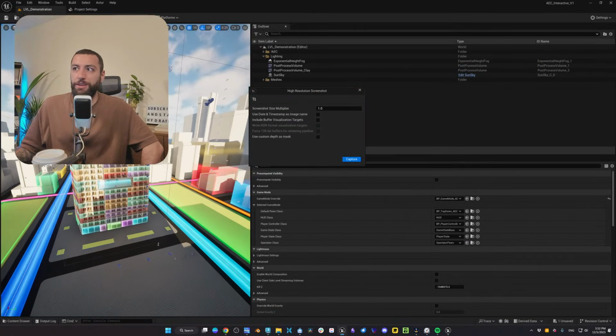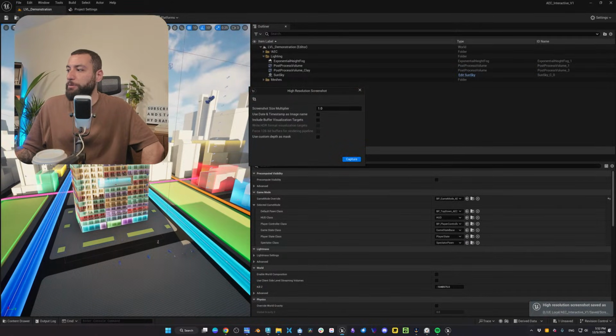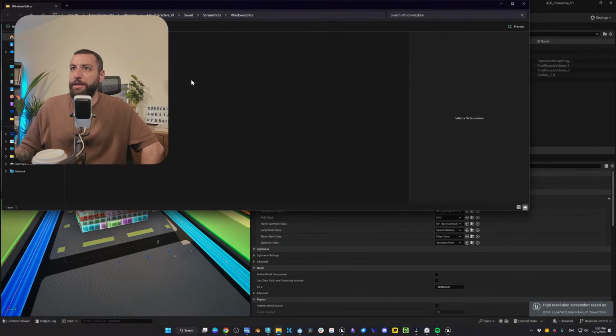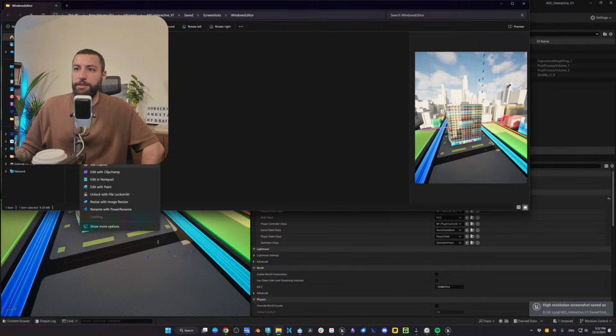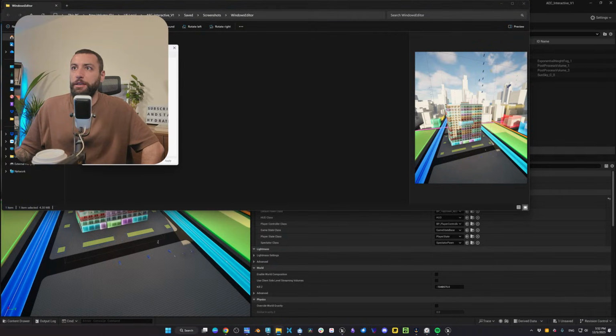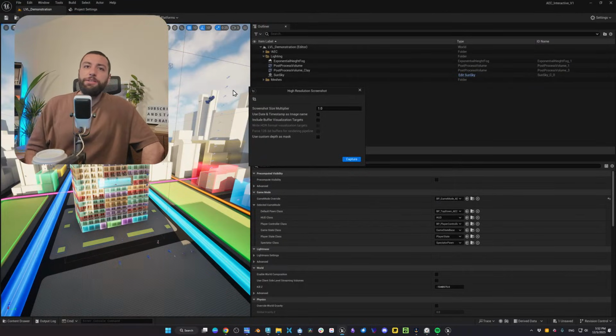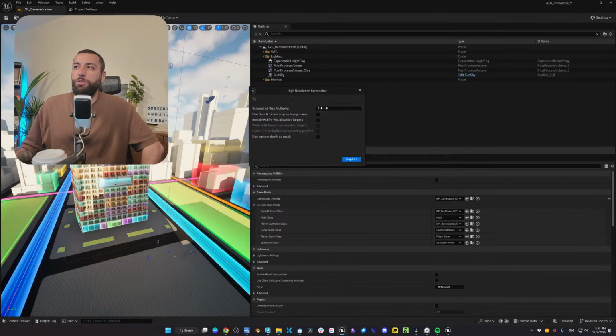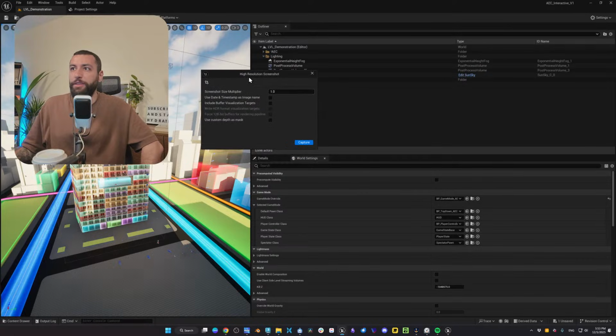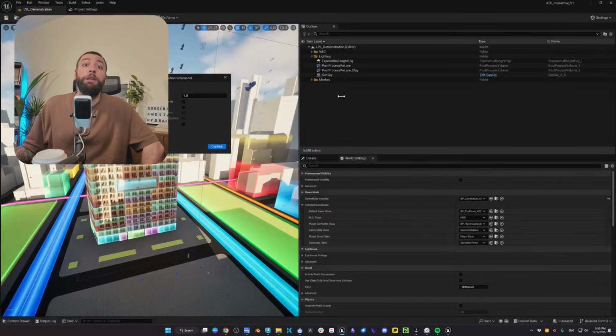So if I do the screen like this and click on capture, it will take the screen size, as you can see here. So click on properties. This will be a random number, 1554, 1881. So for the best results, it would be best to use the movie render queue to create still images or renders of videos or still renders, not the high-resolution screenshot tool.